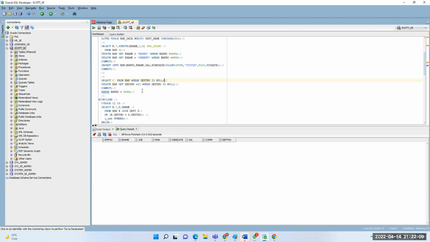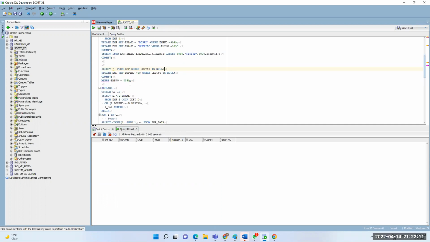Now we process the data. When the record is not present in the table, it will insert into the table. That is one thing we have to do. And when it matches, it should update that employee name. These are the 2 things we are going to do now.